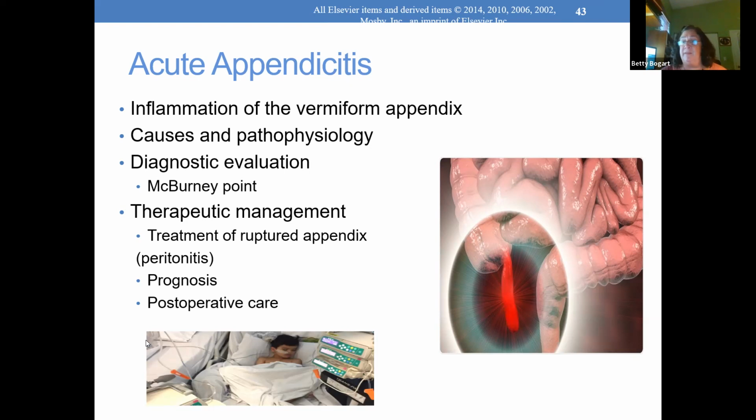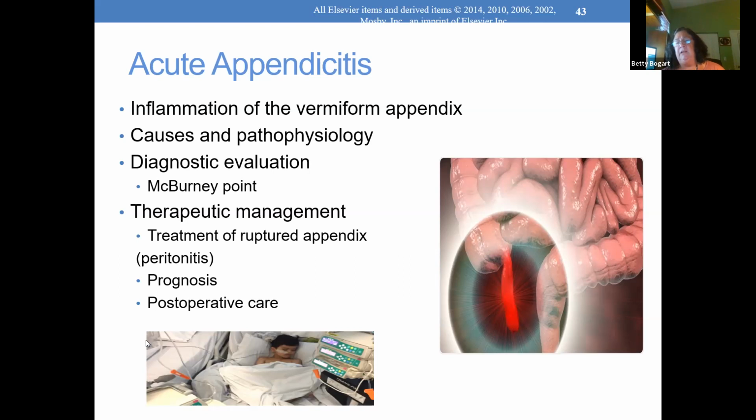McBurney point, same as adults, same as children. These children, if you see them walk into the emergency room, if they're walking, you'll see them bent over a little bit to the right. They'll be holding their right upper thigh and sort of limping on the right side. Usually you see that this kid has an appendix. So what do we do? Once we determine it's an appendix just by an ultrasound, these children are made NPO, start an IV, and they're